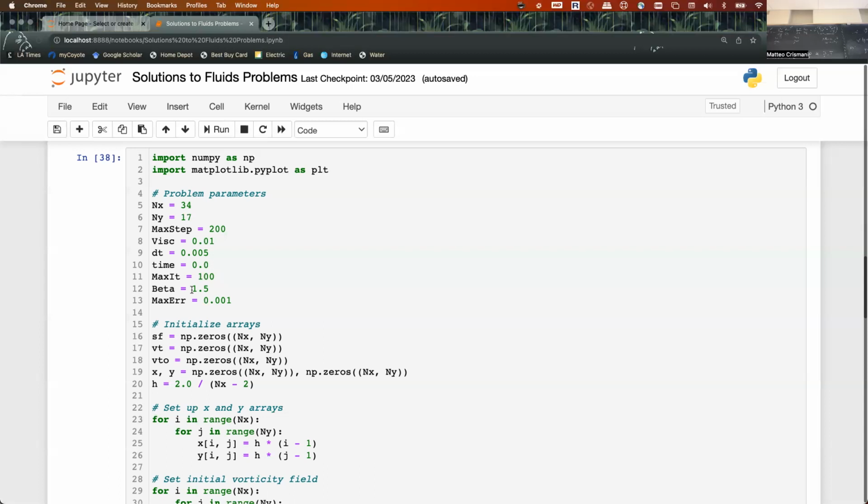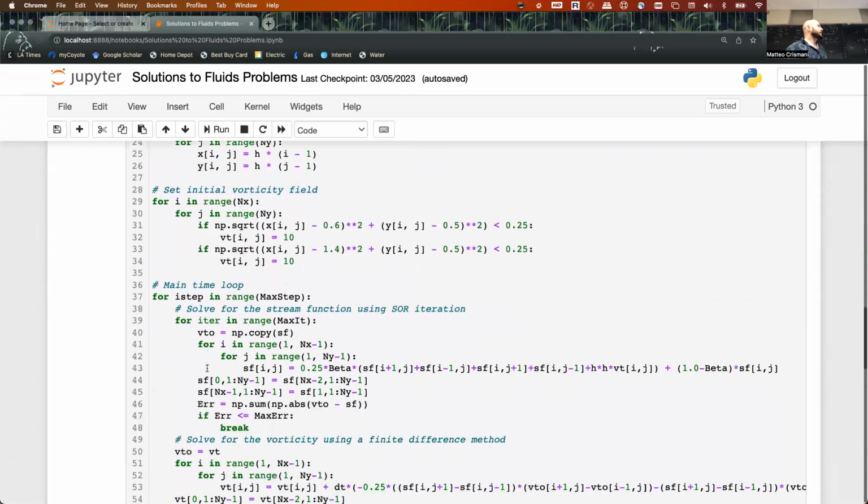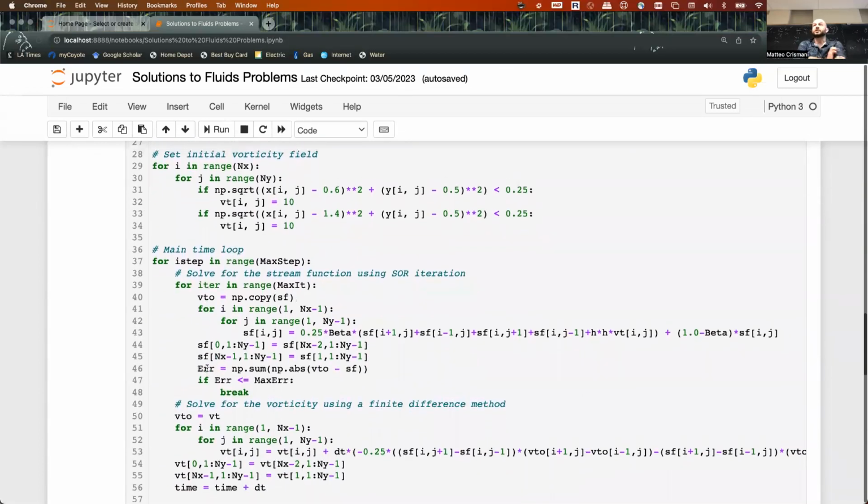Okay. Now, this part, really important. You just set up the arrays so they're not garbage, right? Okay. Then let's look at this part. Here's my vorticity field. I need to start with an initial vorticity. If I start with nothing in there, the computer gets really upset. It's just not very happy, because you have some requirements, for example, that vorticity is closed looped. So it's got to maintain that.